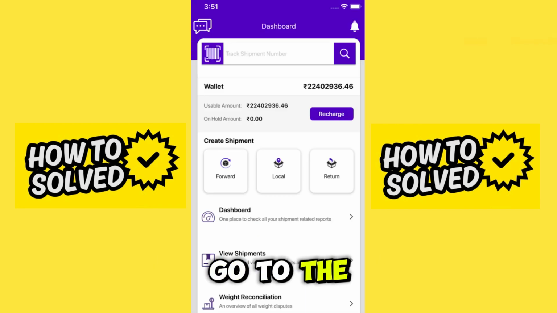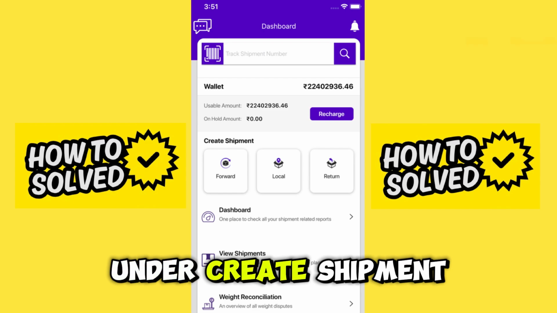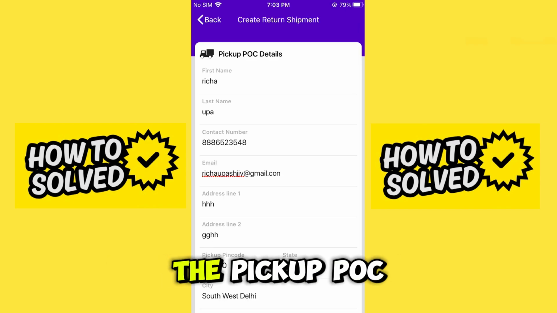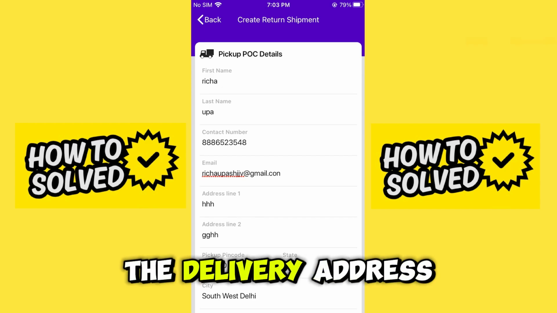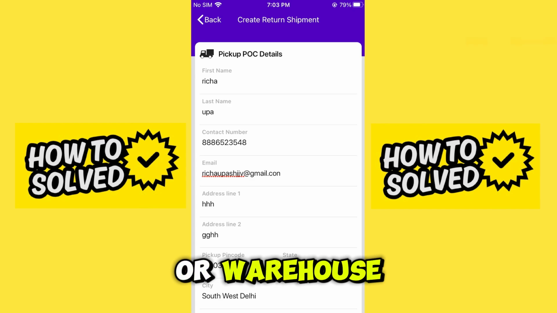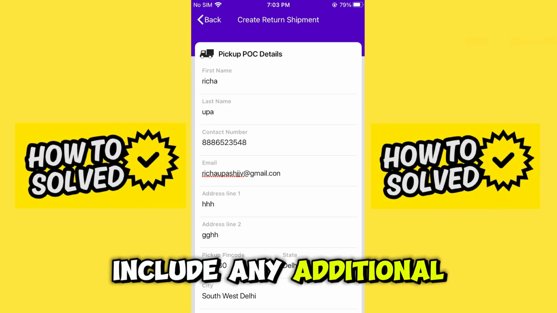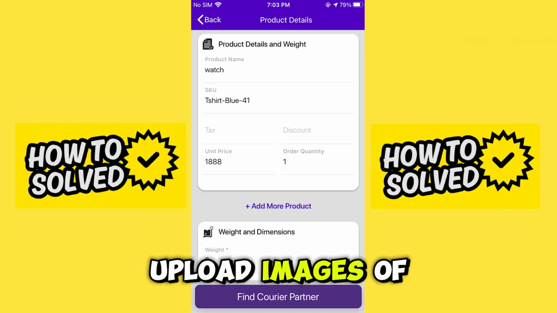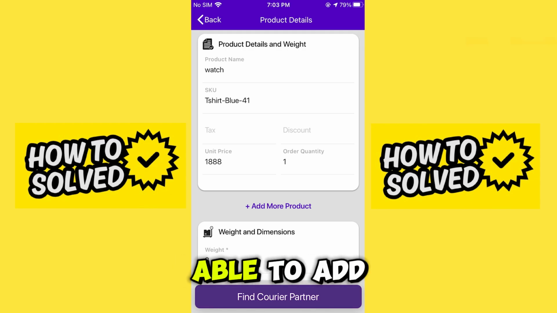In there, go to the home page and you will be able to find the return option under Create Shipment. When you select Return, you will be able to include the pickup POC details, the buyer addresses, the delivery address, so your office or warehouse, and the reason for the return. You can also include any additional comments in the reason for return option. Upload images of your order if you wish, and when you select Proceed, you will be able to add the